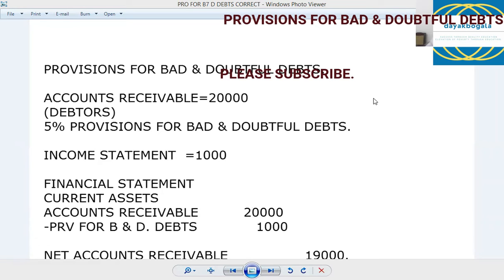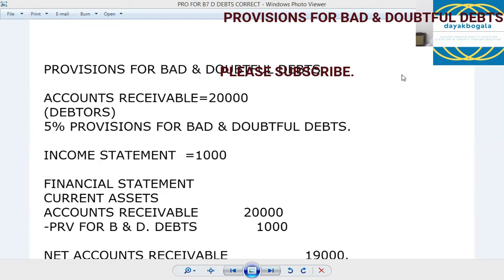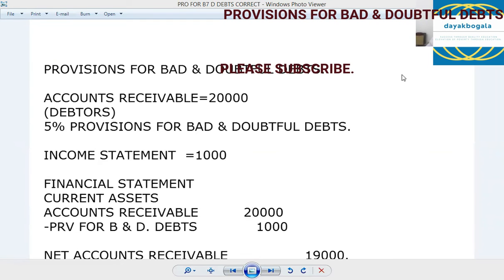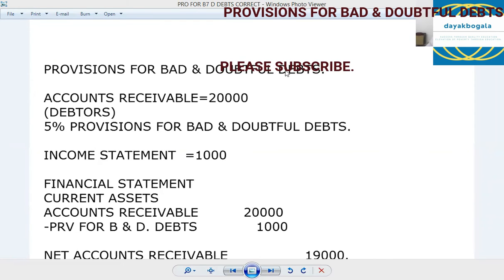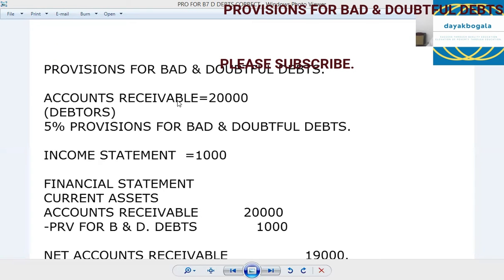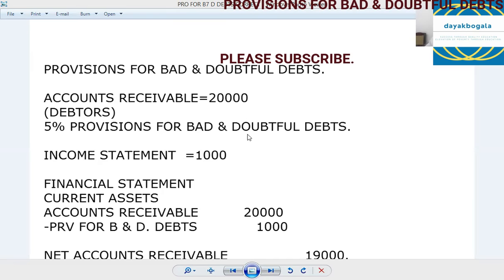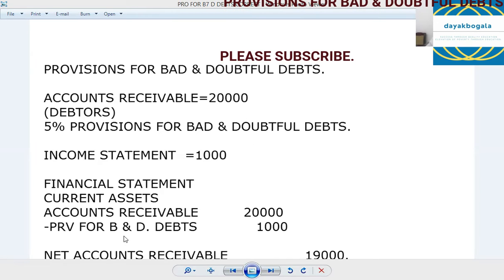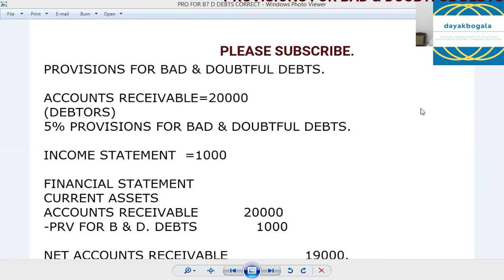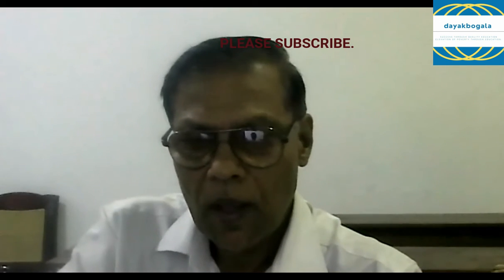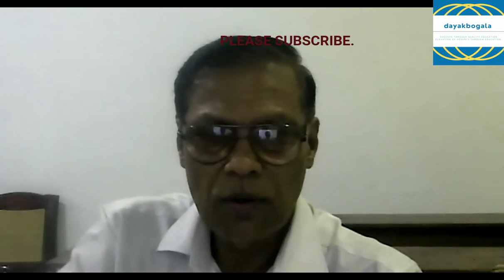Okay, my dear friends. Now, you know what is meant by debtors. You know what is meant by provisions for bad and doubtful debts. And this adjustment will always come in London exams, Cambridge, Edexcel, O-level papers, and local O-level accounts as well as local A-level accounts. This adjustment is very important. Most of the children get confused, according to my experience. So therefore, my dear friends, I recommend you identify this adjustment and do it correctly, then you can score the marks given.